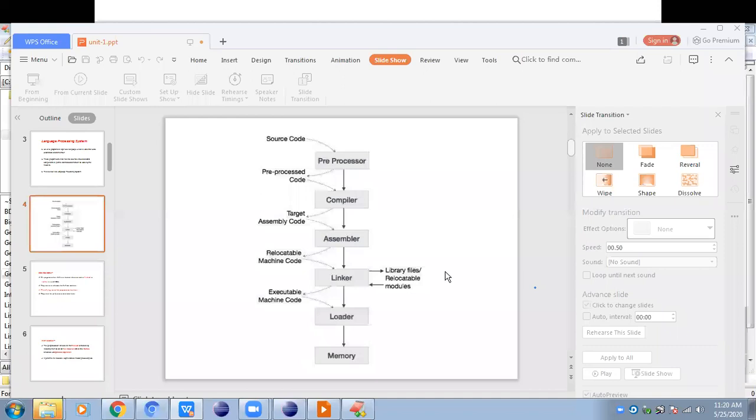Guys, my request is that all these concepts are related. If you understand, these are very easy concepts. If you don't understand, these are very tough concepts. The second unit and third unit will become very difficult if you don't have the basics. So try not to miss the classes. Clear? Tomorrow we will see the structure of a compiler.